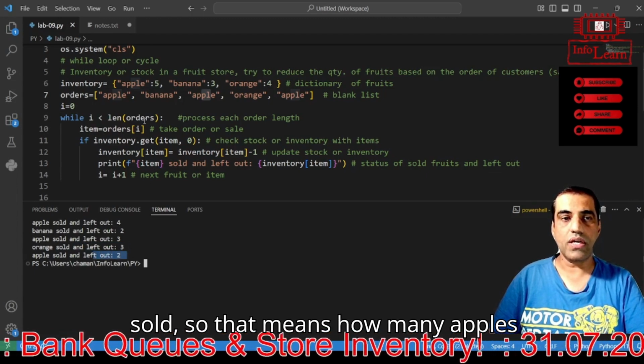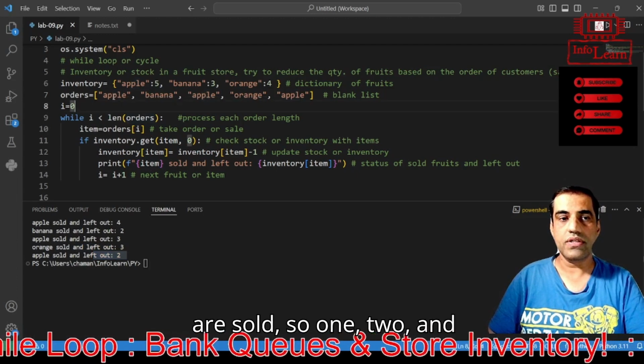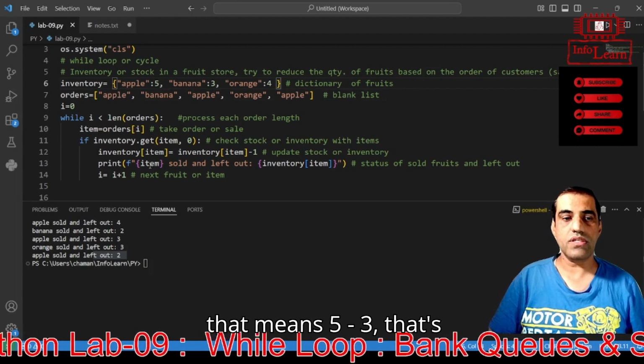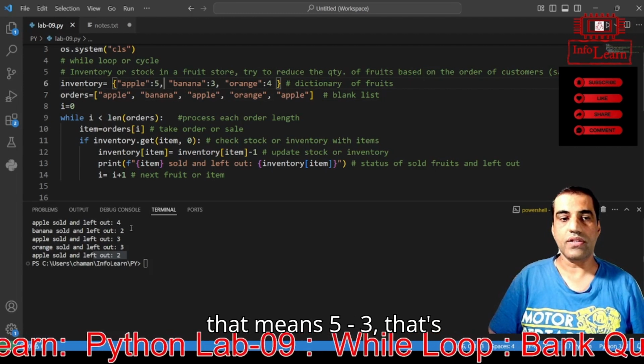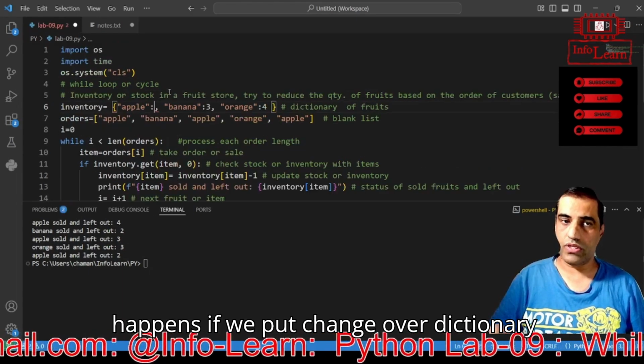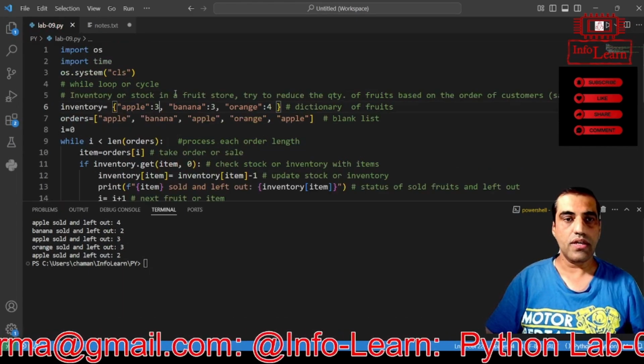So that means how many apples are sold? So 1, 2, and 3. And how many in the stock? 5. That means 5 minus 3, that's why 2. Then what happens if we change our dictionary, and you will see here,